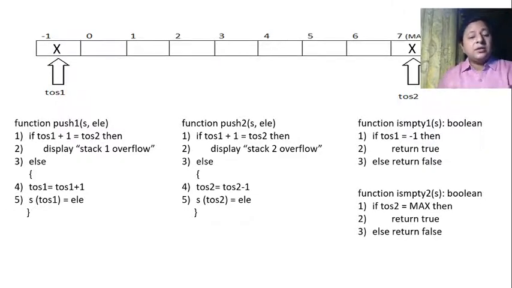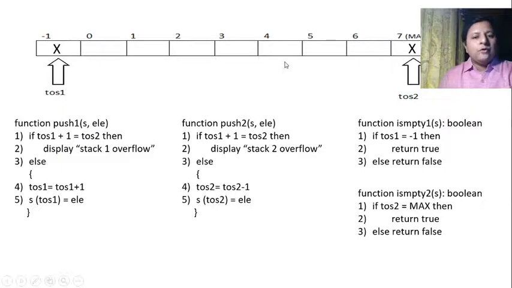Before I start with the push functions, first we need to understand when do I say the stack is full, or what is stack overflow. Now, if you just keep on inserting, let's say using push1, the last insert I can do is at 6. So my toss2 obviously will remain at the same place, but see the condition for overflow: toss1 plus 1 will be toss2. Same holds true for the other condition where toss1 stays at -1. If I keep on doing push2, the last push2 I can do is at 0, since -1 plus 1 is 0. If by pushing my toss1 comes up to 3, I can only do push2 till 4. Again, 3 plus 1 is equal to 4.